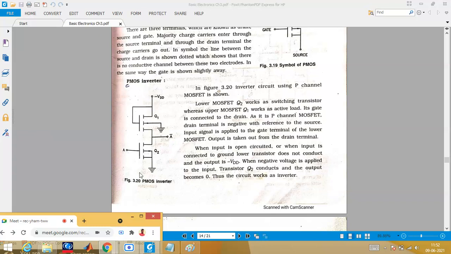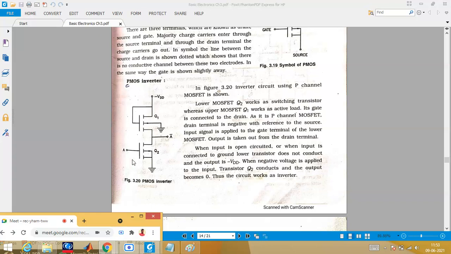I told you this will become off. As this becomes off, this value will not come here because this is off. Off means open circuited. Since it is open, it is not closed, so the current cannot flow from here, so the current will flow here and you will get the value as 1.